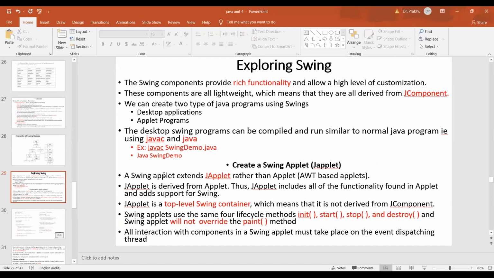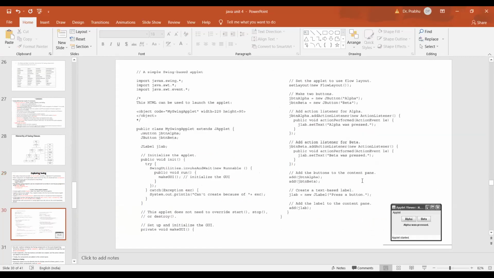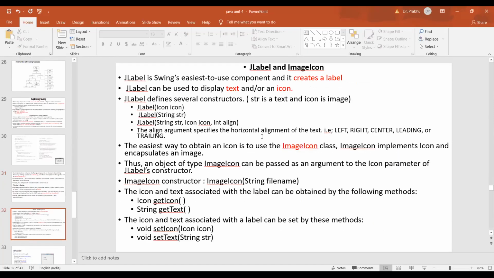Next, the first thing we saw is the first container, the applet container. This container will be used to create a web application type of GUI. That applet GUI will be visible to clients who are present somewhere. So for distributed communication or client communication, applets will be used.